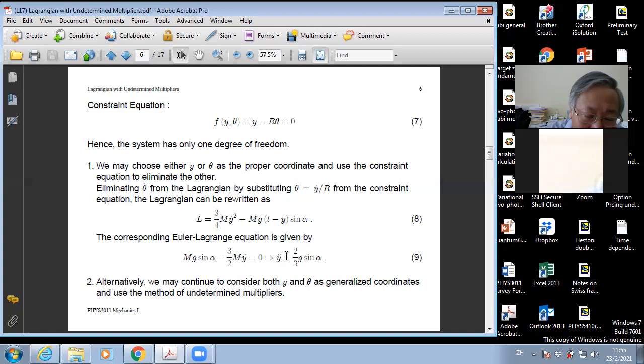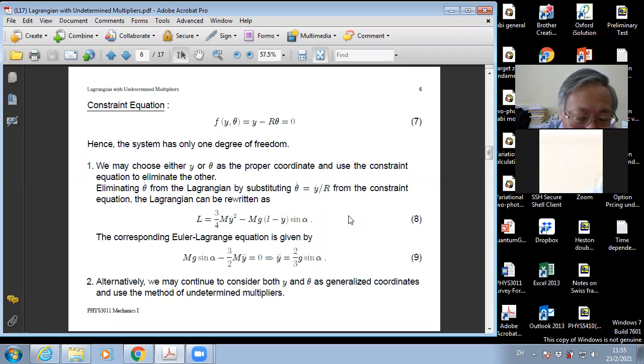After simplification, we find that y dot is equal to this. Okay, it's a constant. Once we have this equation, we can find y. Okay, y dot and y. After obtaining y dot and y, we can find theta dot and theta. Okay, so that's the standard, the conventional way to do it. However,